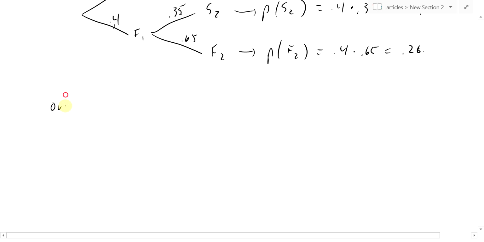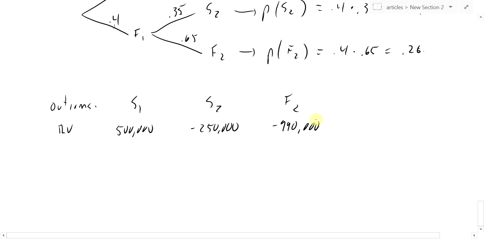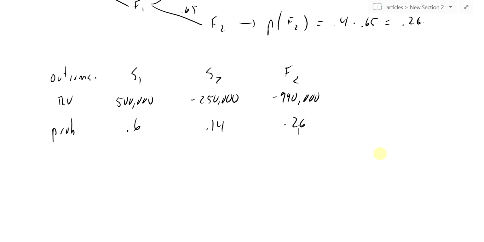So outcome: S1, S2, F2. The net, our random variable: $500,000 in profit, minus $250,000 in profit, and minus $990,000 in profit. What are the probabilities? 0.6, 0.14, which we calculated here, and then 0.26. Great, so to find the expectation value,